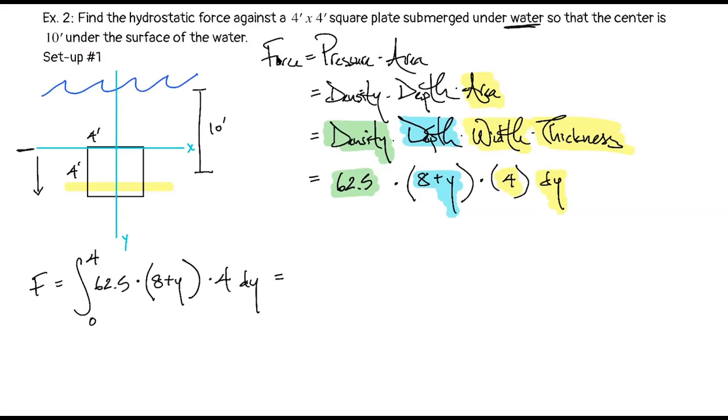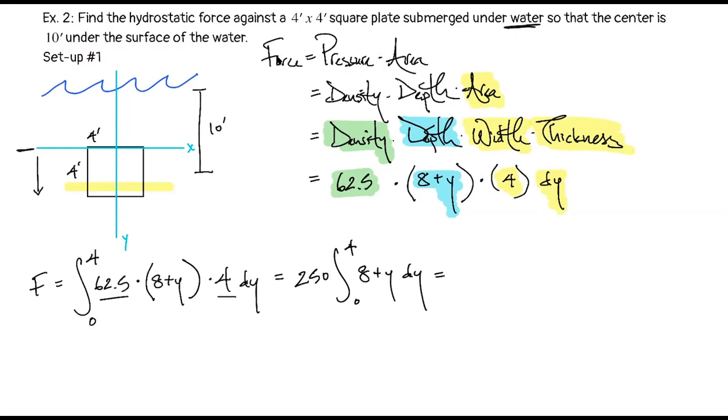Okay. I think everything that we've done so far is actually the hardest part. Okay, the diagram, the setup, having the bounds for our integral. But after this, we just need to integrate, and it's actually a very simple integral, okay? So what I'm going to do first, I'm going to take my constants out to the front. So I'm going to take the 62.5 and the 4. I'm going to move those to the front, and that'll give me 250 as my constant. The integral from 0 to 4 of 8 plus y dy.